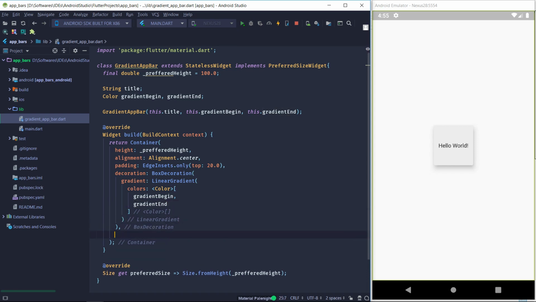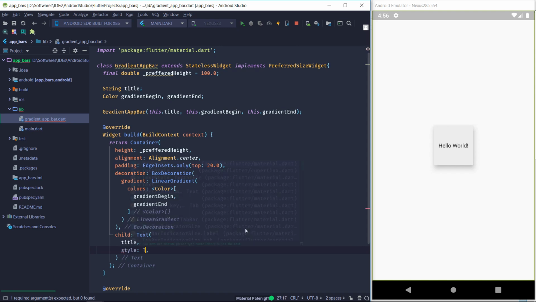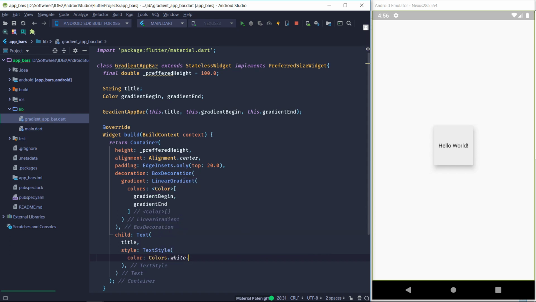Next step, we are going to give the child, which is going to be the title, so we are going to be using a Text widget for that, and we are going to give it a TextStyle so that it fits better with the gradient in the background. So for the TextStyle, we are first going to give it a color, which is going to be plain white,